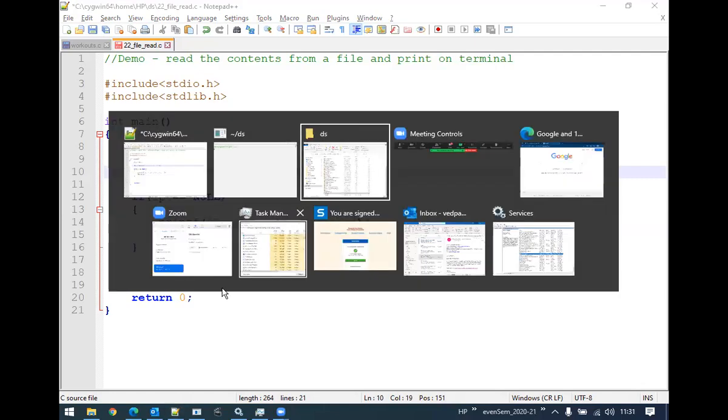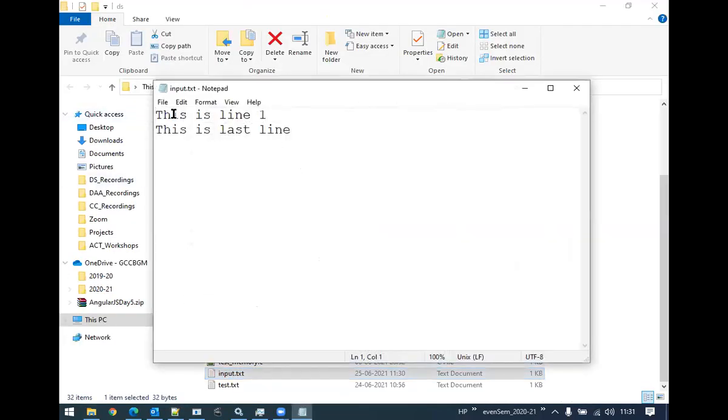Now this is the file which we have created and it has this content. Suppose I start reading from the first character by using the getc function. Initially it will read T. Once I read the T, what I need to do? I need to print that T on the monitor. So I will assume that I read the T and then I printed the T. Then the next character H will be read and printed. I will be read and printed, and so on and so forth up to the last character,